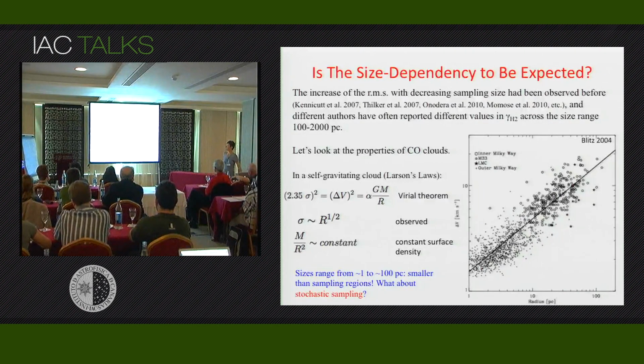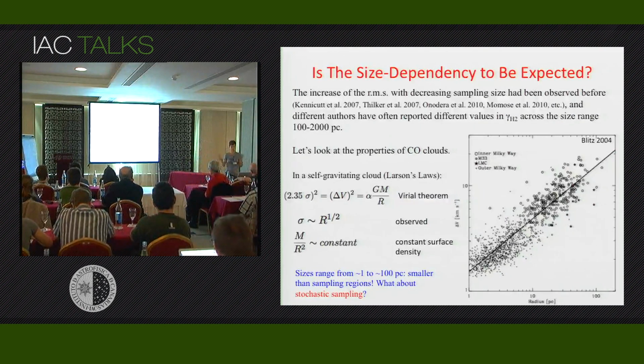So, now we want to understand what is happening, right? We have these regions in which we see a change in both the slope and the root mean square for increasing sample size, and we have to understand what is happening. So let's look at the characteristic of molecular clouds. And we refer to the Milky Way, and with some additions from the LMC, SMC, and the other nearby galaxies, to try to create a coherent picture and put them into a simulation.